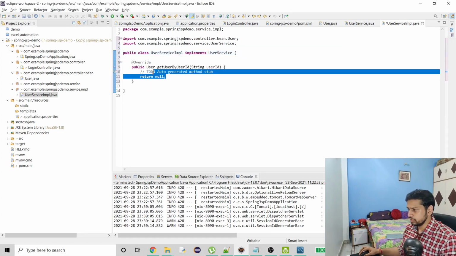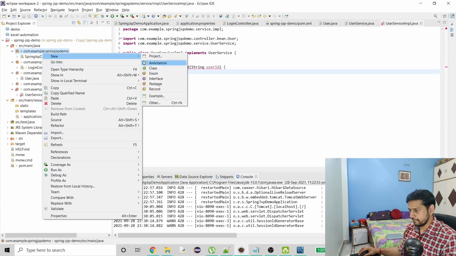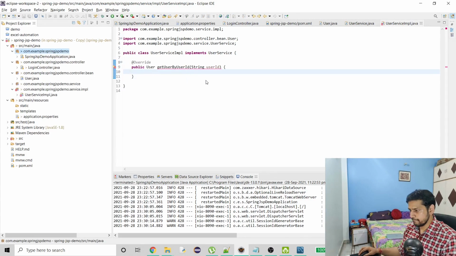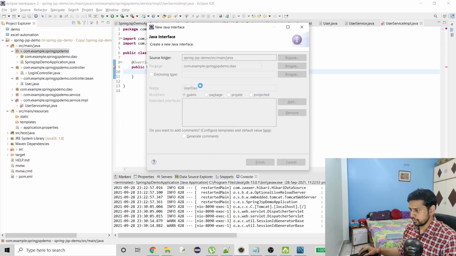Then I have to override the method. Here what we need now is our DAO layer, so first let's create those also. First I need to create the interface. So here I will do DAO, and let's do user DAO, hit finish.